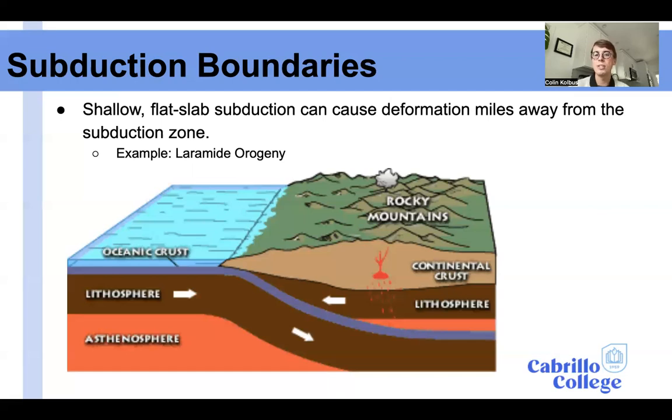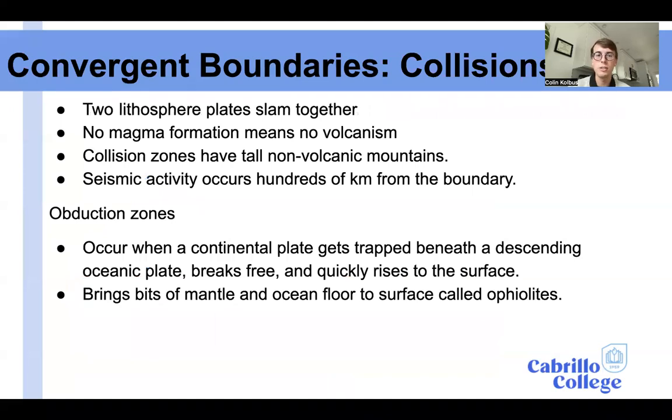So the angle at which that happens can cause deformation in various locations. Our next convergent boundary type is collisions. That's when two lithosphere plates just slam together and none of them subduct. There's no magma formed in this case, and so there's no volcanism, but you get mountains that have no volcanic activity associated with them. And then an odd, uncommon one is obduction zones,